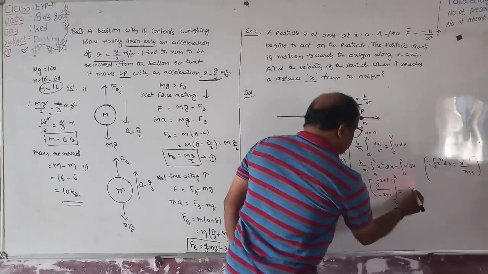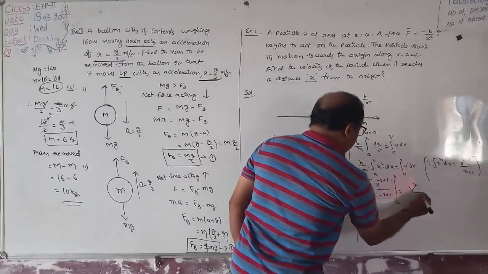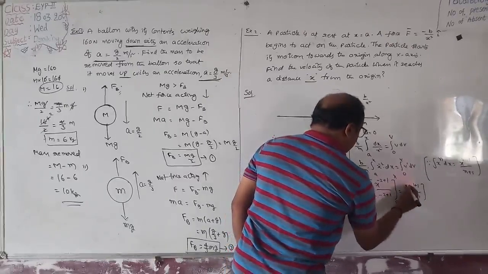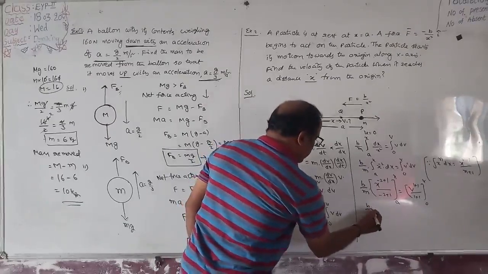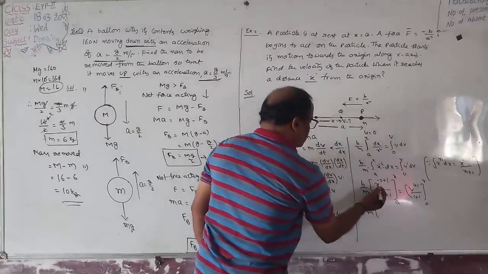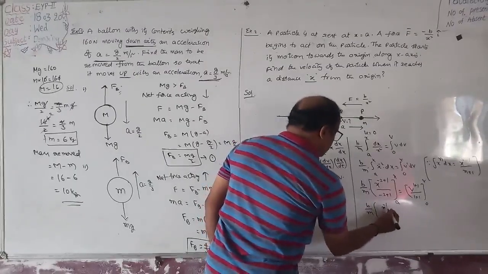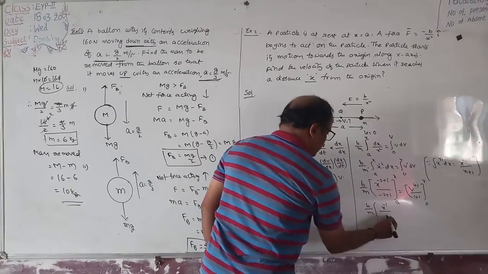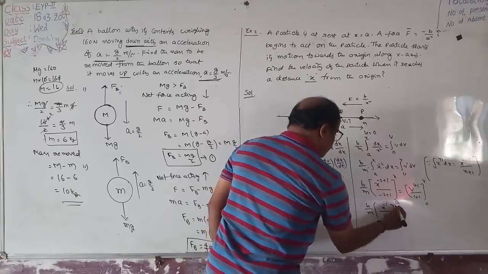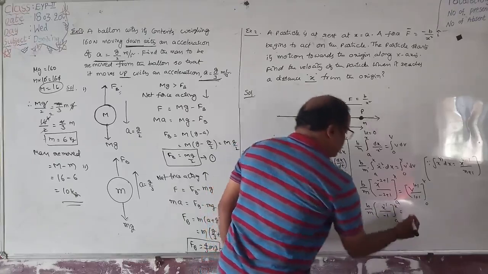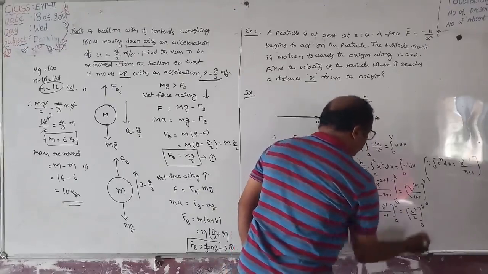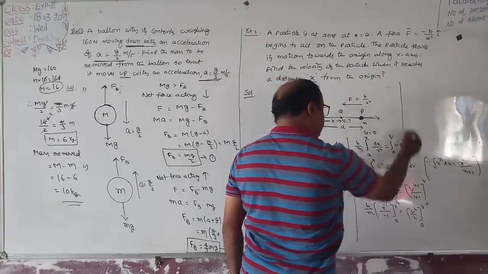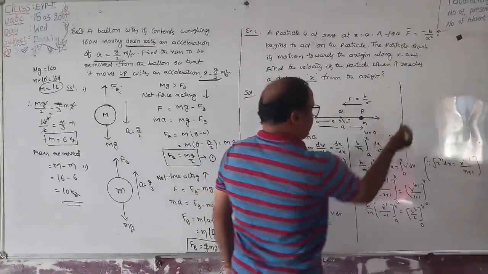So that is v power 1 plus 1 by 1 plus 1. Limits from 0 to v is equal to b by m into x power minus 2 plus 1, that means x power minus 1 by minus 2 plus 1, minus 1. Limits a to x is equal, this is v square by 2, limits from 0 to v. Okay, right. Here b by m into